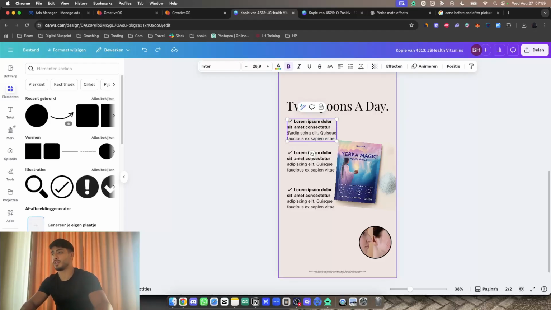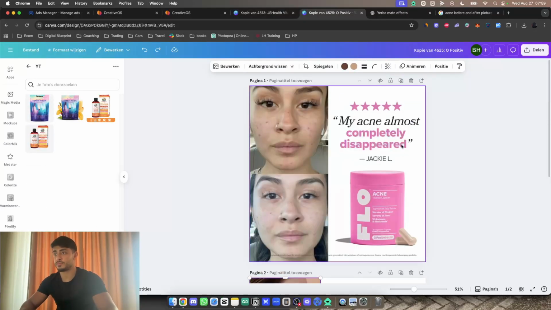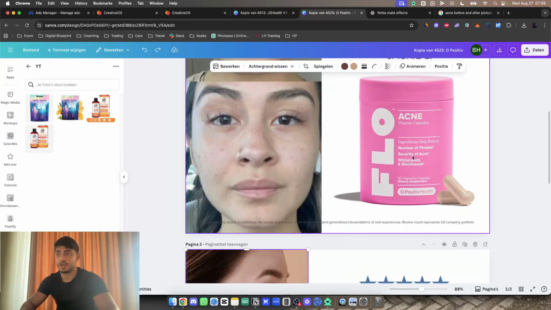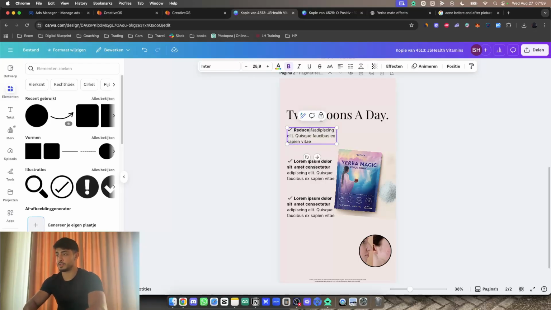For example, if we're talking about acne, we would put something along the lines of reduces the